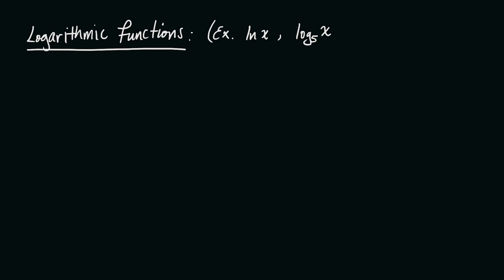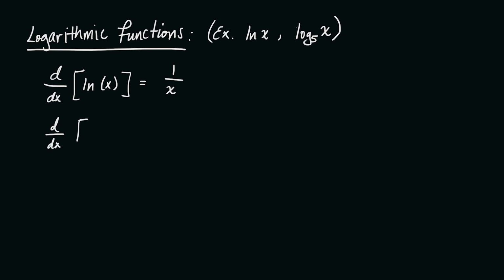Now, the derivative of ln of x is just equal to 1 over x, right? And the derivative of, let's say, log base a of x equals 1 over x ln of a,